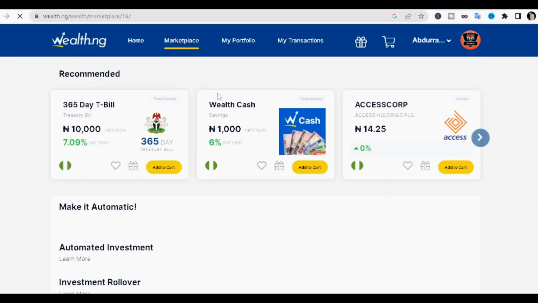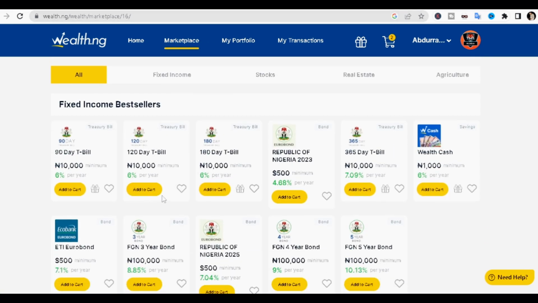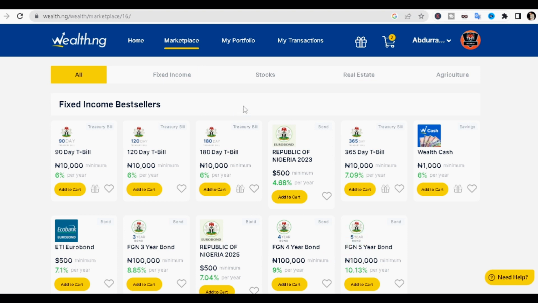And in addition to the stock exchange and all the things in Wealth.ng, you also have the fixed income bestsellers. Fixed income bestsellers basically is another type of investment that deals with putting your money with the government, letting the government use your money to carry out certain things in certain states, and then probably in the next 1 year or 2 years, you receive a certain percent increase in that amount of money. Okay, so that's basically how Wealth.ng actually works,